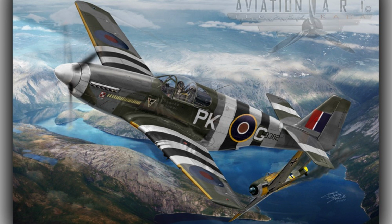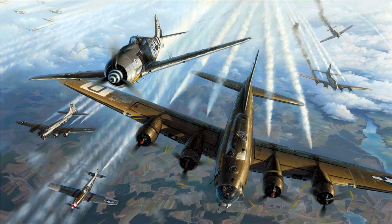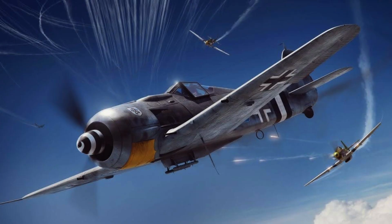The dogfights between P-51s and Fw-190s saw the evolution of tactics on both sides. The Mustang pilots learned to use their high speed and high altitude advantages, while the Fw-190 pilots relied on their aircraft's agility and firepower. Not to mention it was the more rugged aircraft out of the two, with its air-cooled BMW radial engine. As the war progressed, improvements in the P-51 model, coupled with the strategic bombing campaign, placed increasing pressure on the